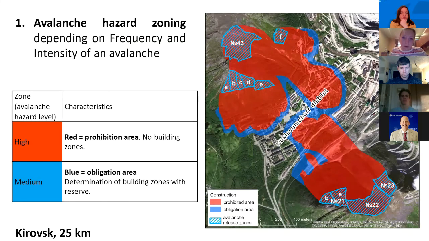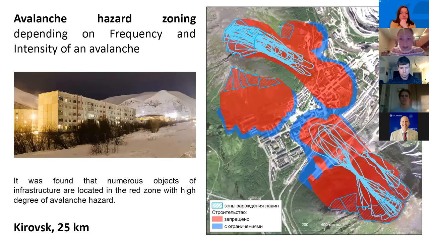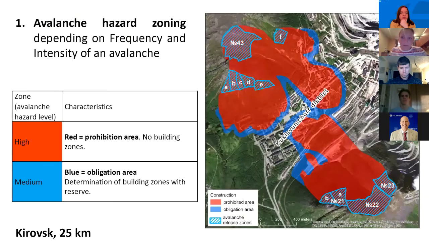But as you could see before on the previous slide, the real outlines of real avalanches were smaller. That is due to the applied avalanche mitigation measures in the region: temporary mitigation measures such as artificial triggering of avalanches, and structural measures such as avalanche catching dams. So this picture is very